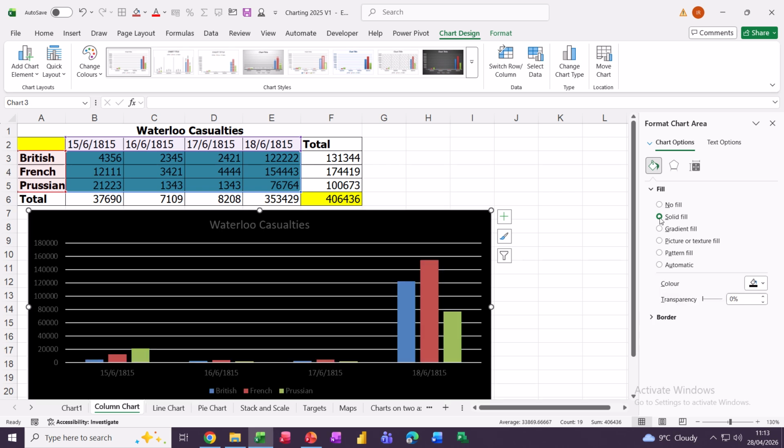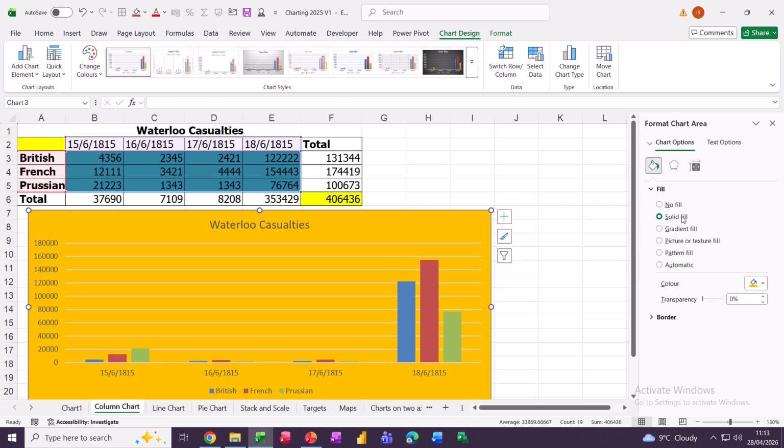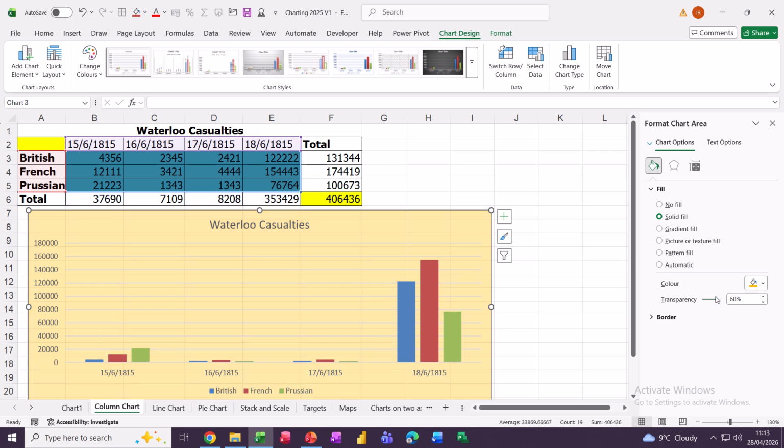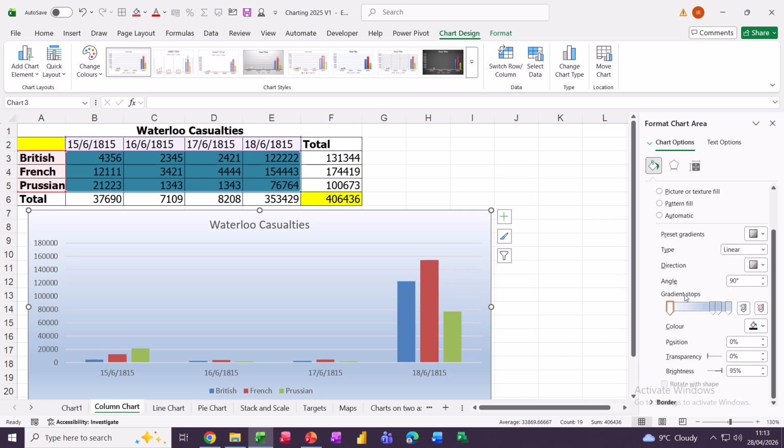Second says solid fill, and you get a color option there. I'll pick orange, which is a bit in your face, but you can use this transparency bar to fade that out a little bit. Okay, that's okay. Gradient fill, I'm not a fan of this, but if I come up, you start off on